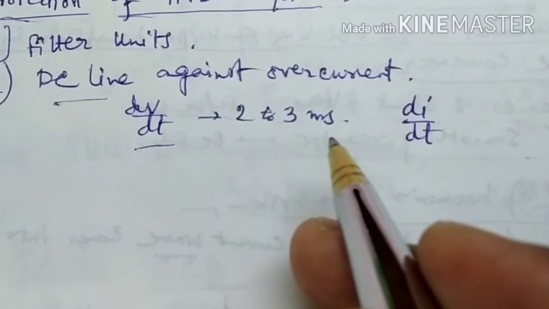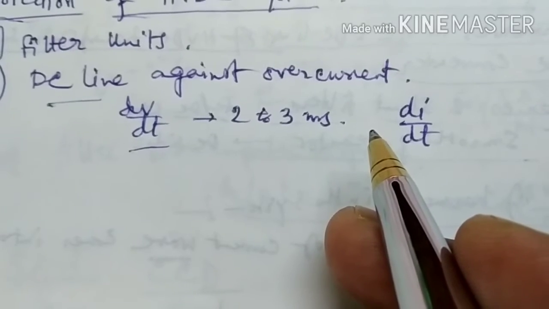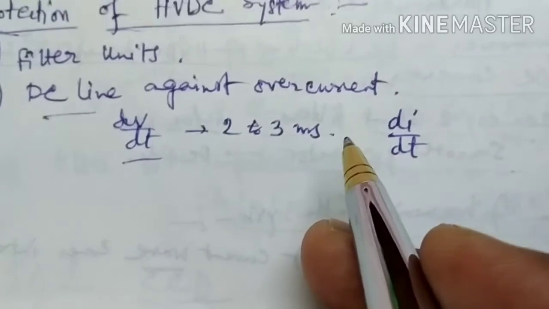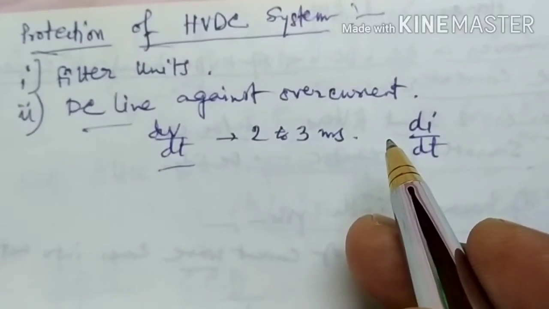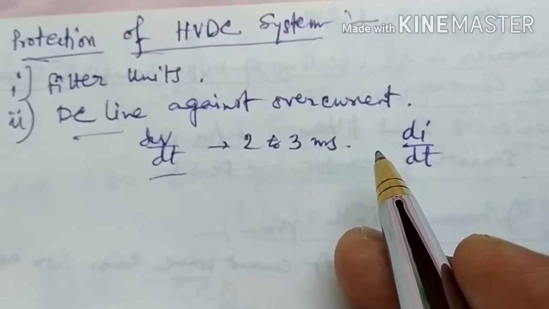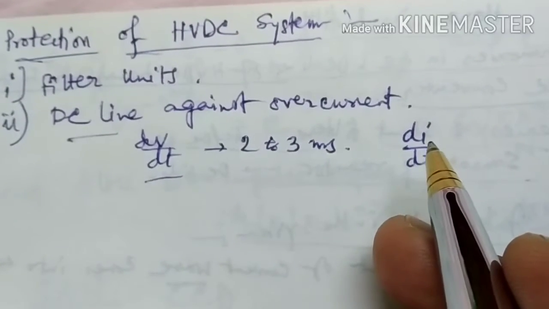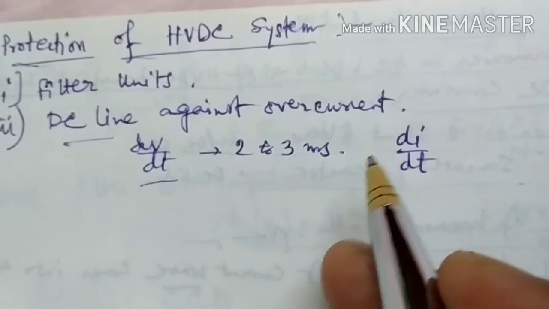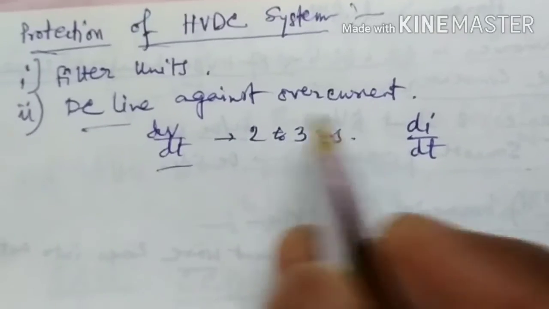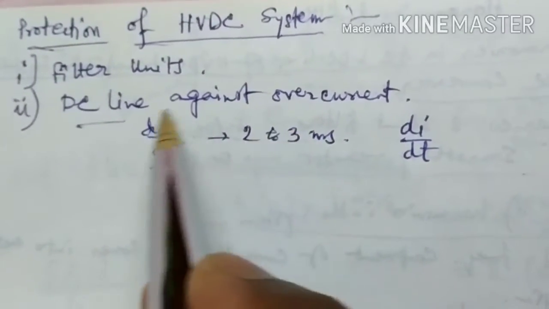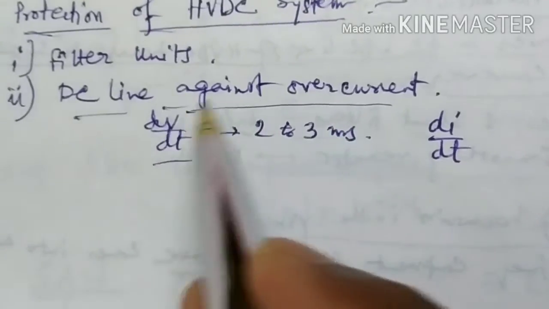So as a backup, the under voltage unit is used to detect high resistance fault in which DVDT may be too slow or less. So current control limits the current to a small value, and the current is forced to zero by delaying the firing angle and forcing it to the inverter mode. So that is the protection of the HVDC system as a DC line against overcurrent.